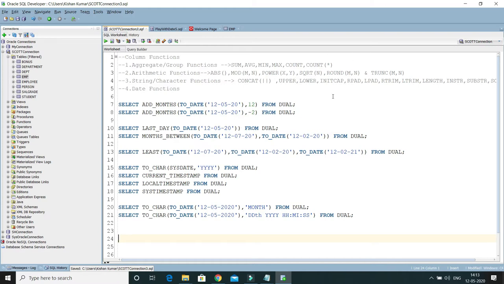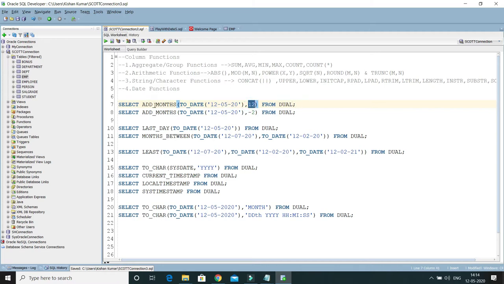First of all, if you would like to add months, add_months is a function, and within that we are calling another function called to_date. We are converting this string into a date using to_date, and telling Oracle: I have this date, add 12 months to it and return it to me.